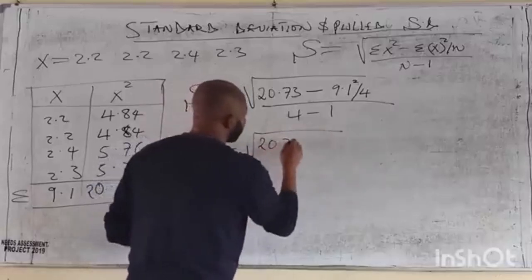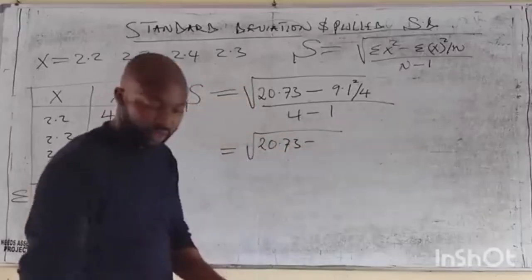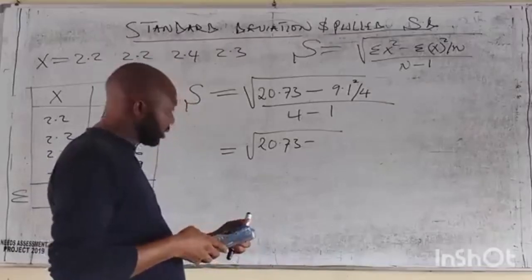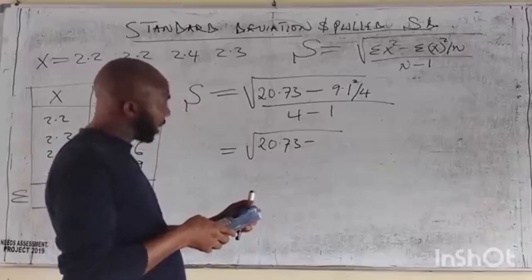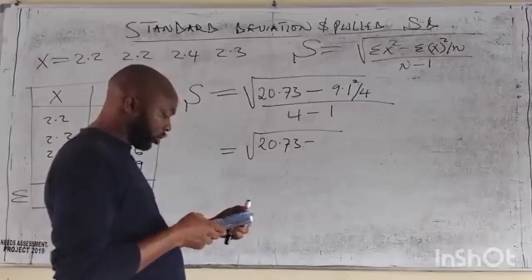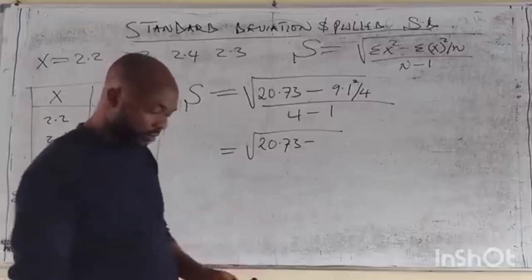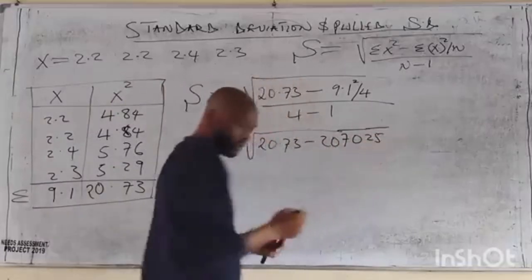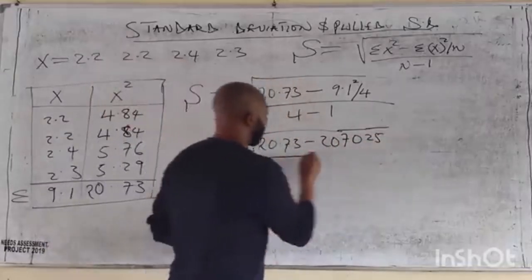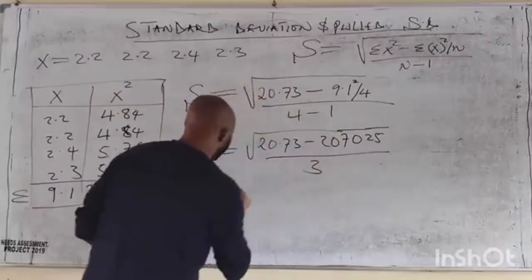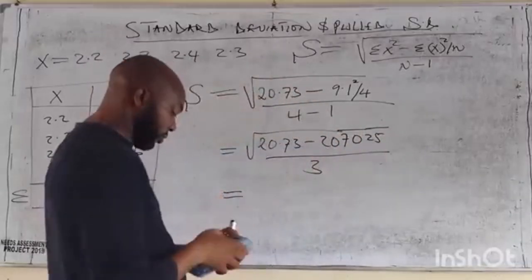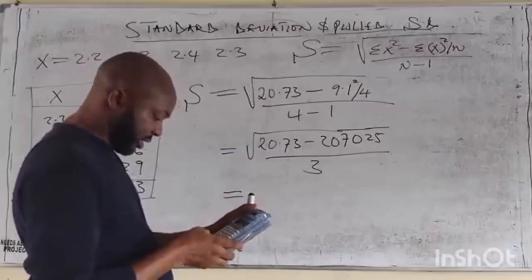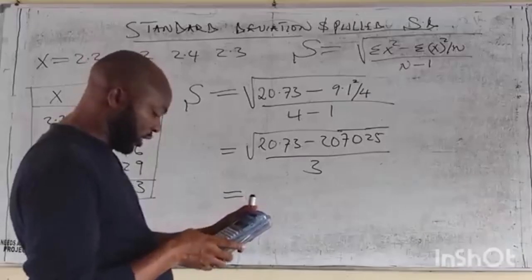And this is equal to 20.73 minus 9.1 squared. 9.1 squared is 82.81, divided by 4 is 20.7025. All over 4 minus 1, 3. So this is equal to 20.73 minus 20.70